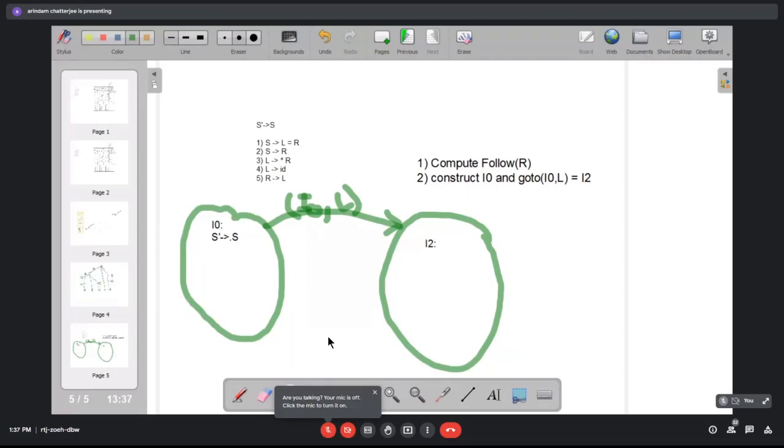Okay, I have come back. So, have you done this? Have you computed follow R? Any of you? If you have computed follow R, please let me know. What is there in follow R?